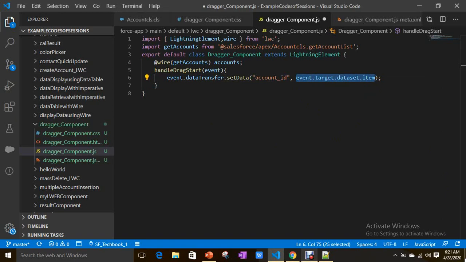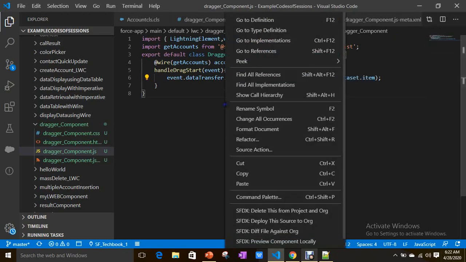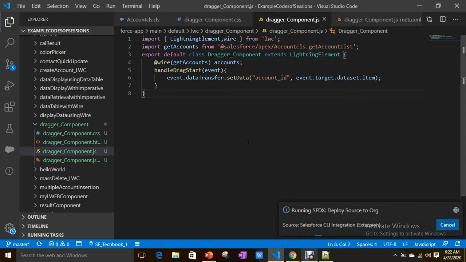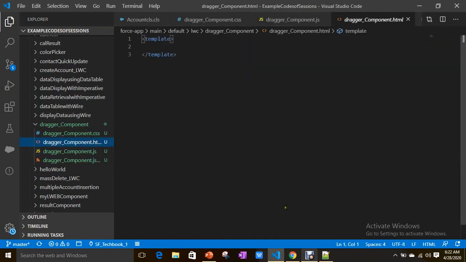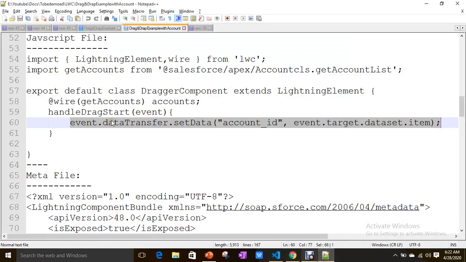We will see that while we are defining something on HTML, that is the template. Let's see. Now save. Now let's go to the template.